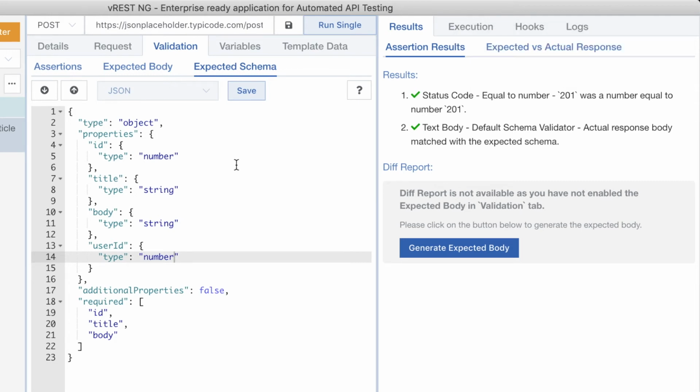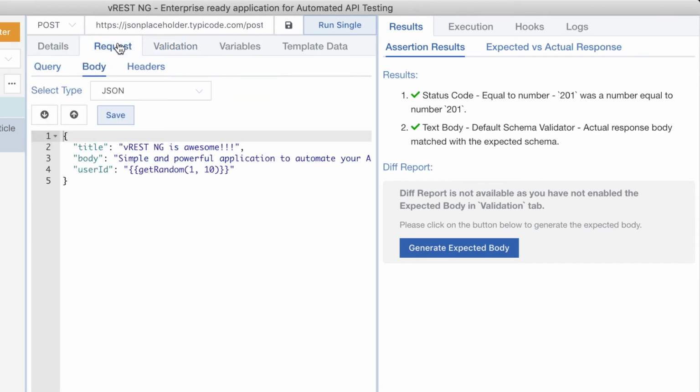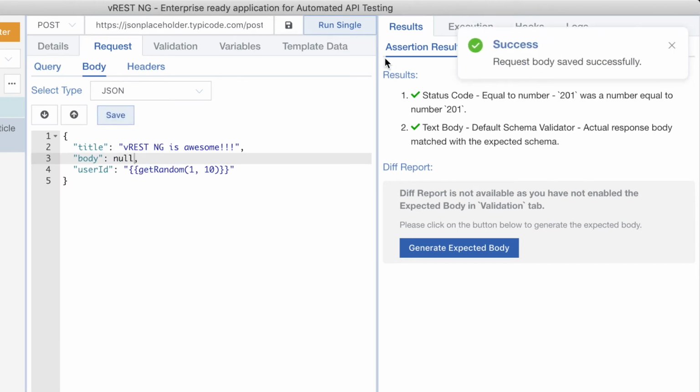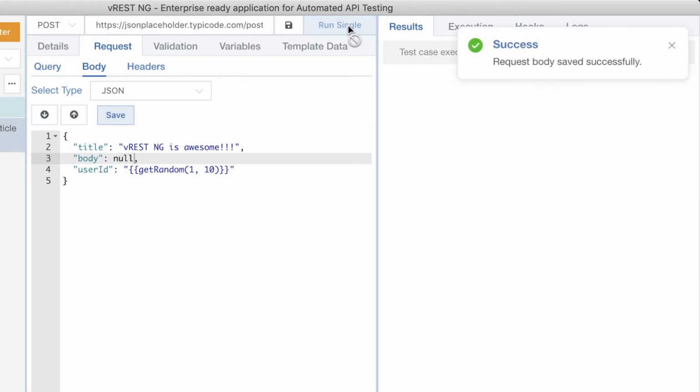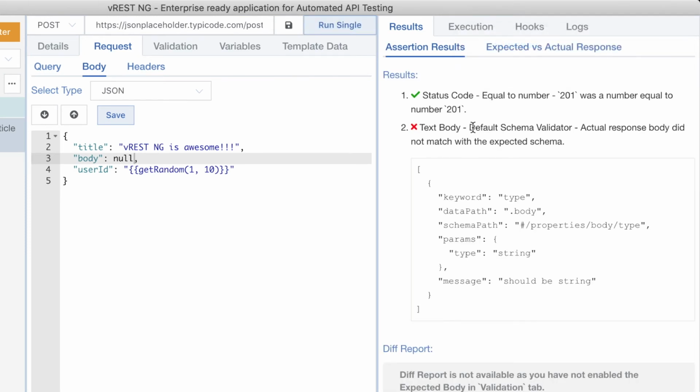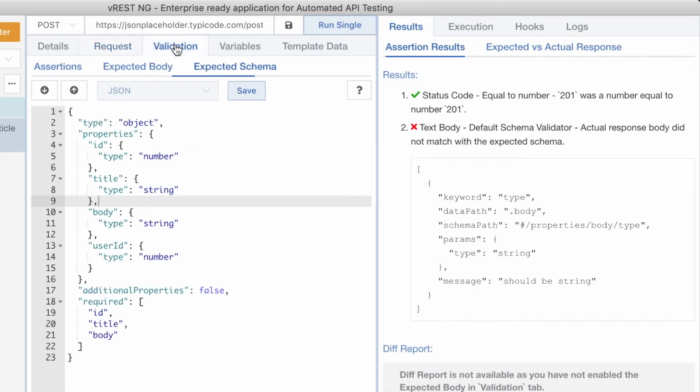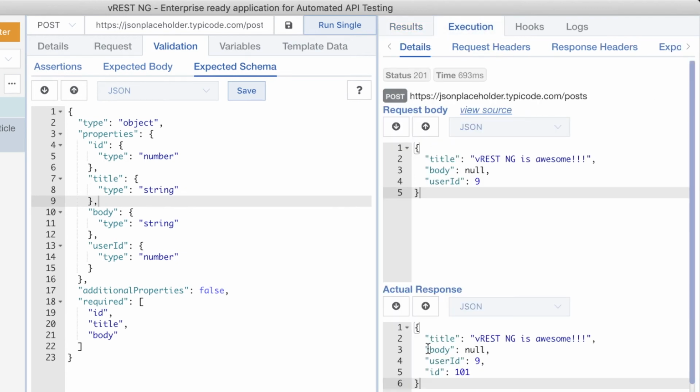Now let's see how you may allow certain fields to be nullable in the JSON response through JSON schema. To understand this, let me first change the request body. Now let's set the body field to null in our request body, and if we run the test case again, you can see that our test case has failed because the body field should be string, but in the actual response we are receiving it as null.